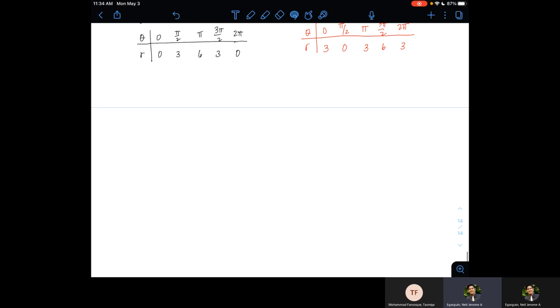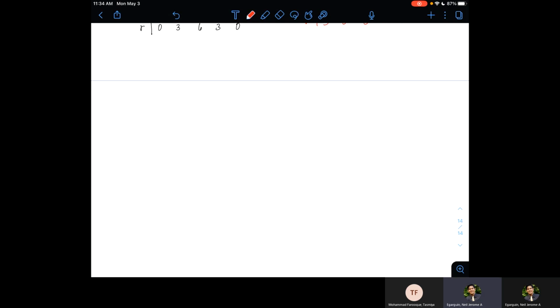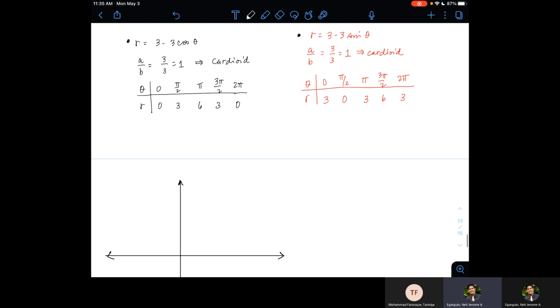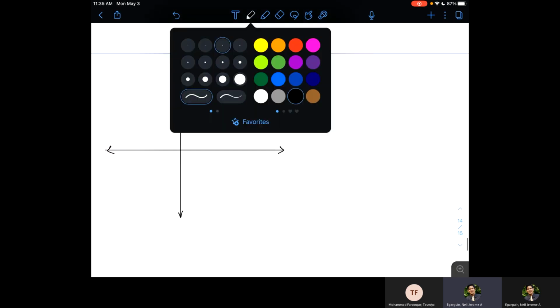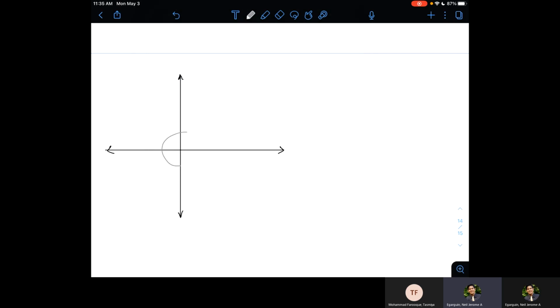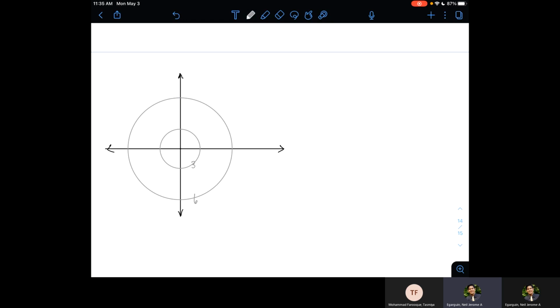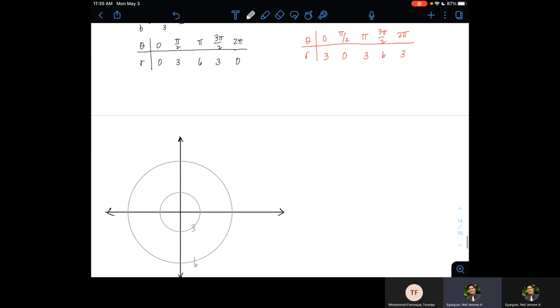Then let's sketch them here. It looks like I need 2 radial values, 3 and 6. So let me draw some guide circles here. So this is, say, R equals 3. And then let's draw a bigger one, and say this is R equals 6. Okay. Now let's start plotting the